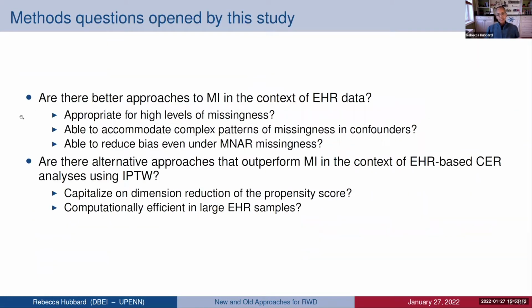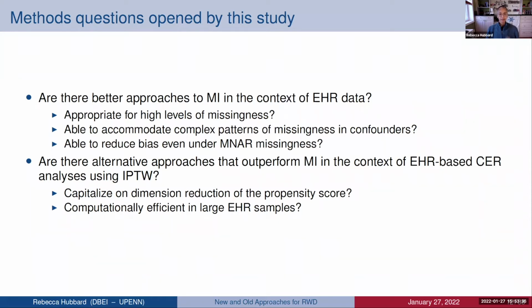So grounded in this very practical real world setting, we had these open questions about how we could best analyze these data in the presence of a large amount of complex and potentially even MNAR missingness in a key confounder variable. So I'm going to show you the results from the 2 methodologic investigations that we undertook to investigate different